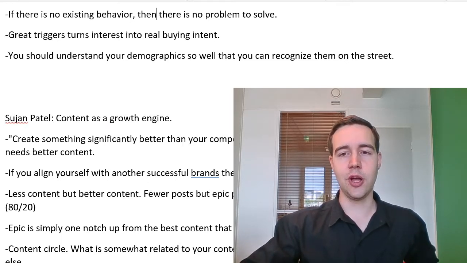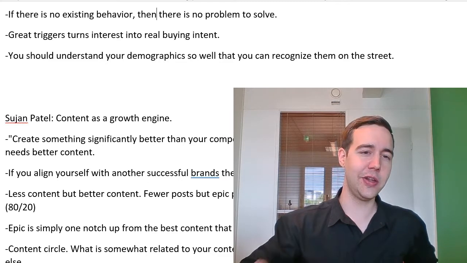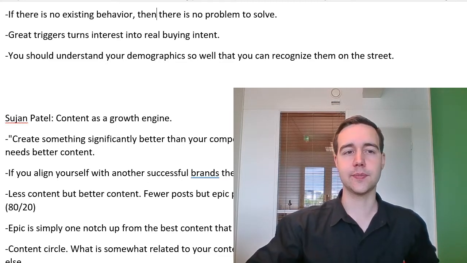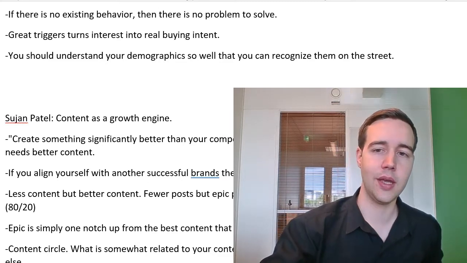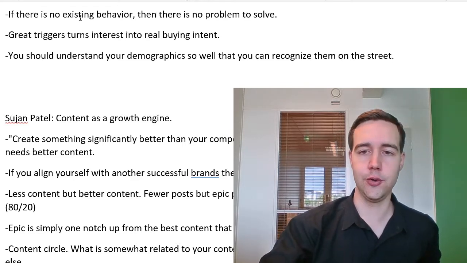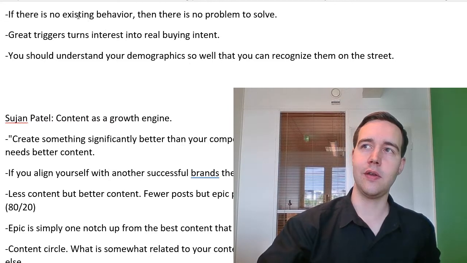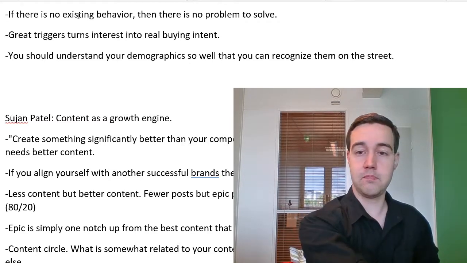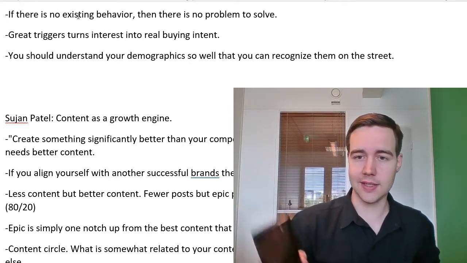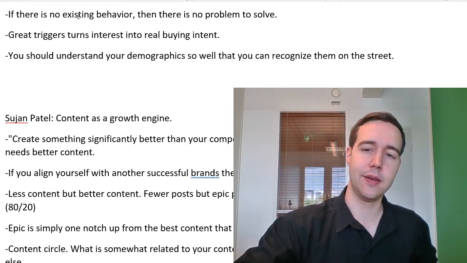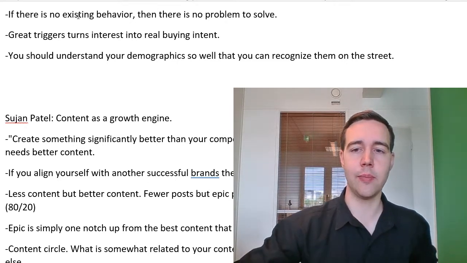You need to have at least a little bit of initial interest. So they need to be in the playing field for you to pass them the ball. So if they're not there, for example, if they're not using a cell phone, you can't sell them an app. And this needs to be a real problem.